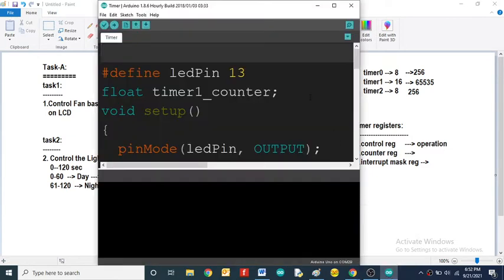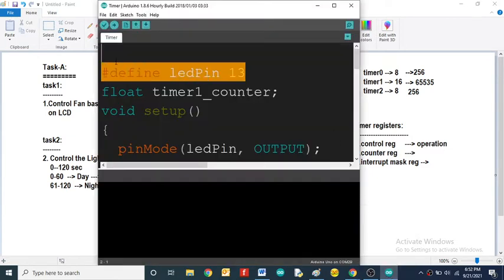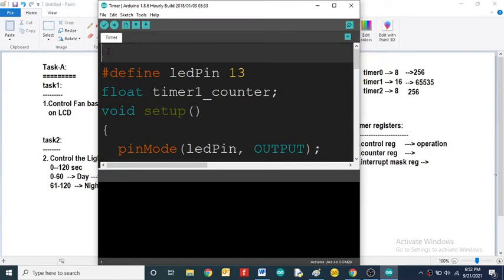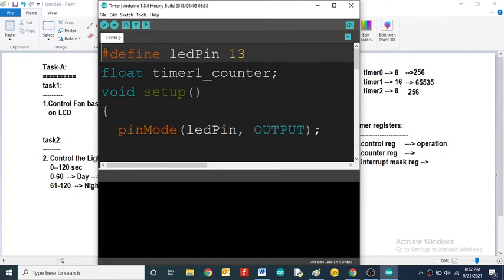You can see here, I'm just taking an LED. I'm generating my own delay of 4 seconds. Now I will generate a delay of 4 seconds using timer 1. When the interrupt is generated, or when the time reaches my count, then I will blink an LED, simple. It will turn on for 4 seconds and turn off for another 4 seconds. Exactly at 4 seconds it will generate an interrupt. That's why I'm taking the LED here.